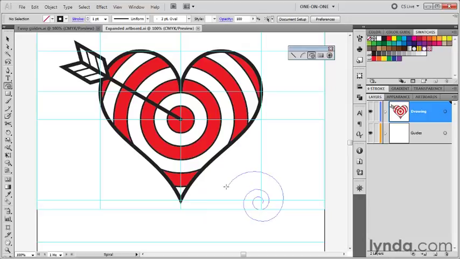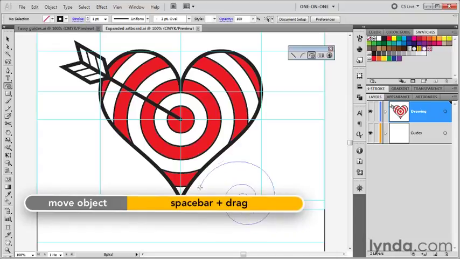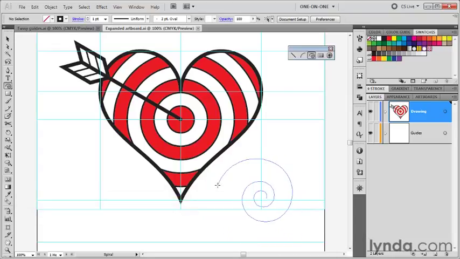As you're drawing a spiral, if you want to be able to position it on the fly, because it's never going to be where you want it to be right off the bat, you can position any of these paths on the fly as you draw them. This goes for the line tool, the arc tool, the polar grid tool, etc. You can press the space bar as you're dragging with the tool, notice that, in order to float the spiral to a different location. So I might drag it over here to the bottom of the heart, like so,